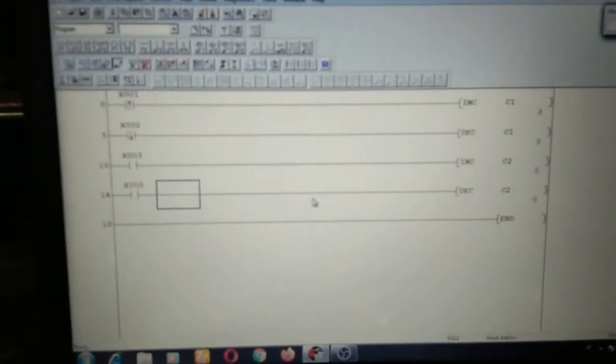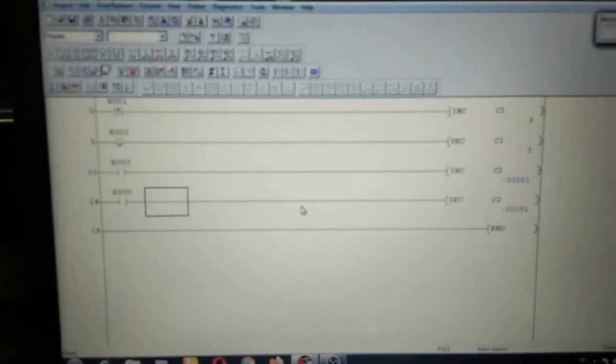If we press the normal button, that is X3, you can see the value increases continuously. If I continue pressing this switch, the value of counter 1 increases continuously.